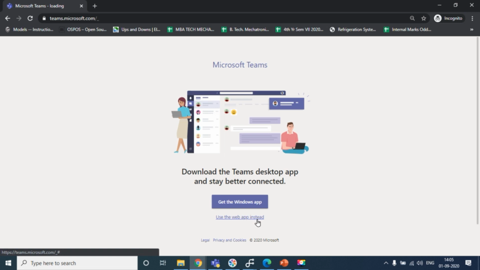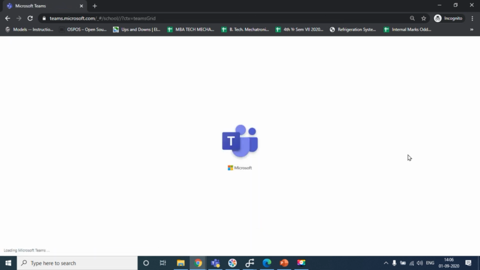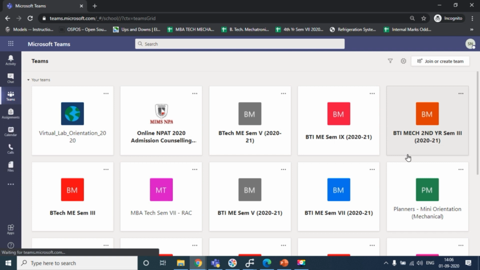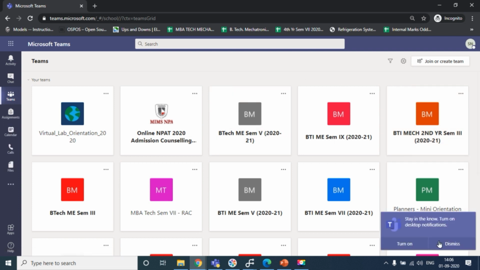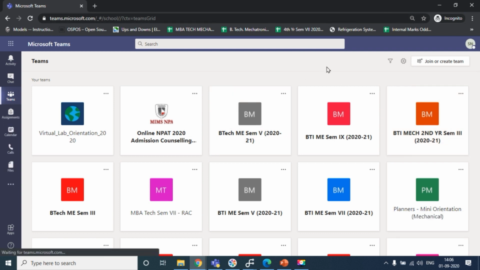In case you are using the Teams software on multiple platforms, then you will need the password on all the platforms, be it the web browser, the app, or your mobile application. So in all three you will need the password. The first thing is, please remember the password.